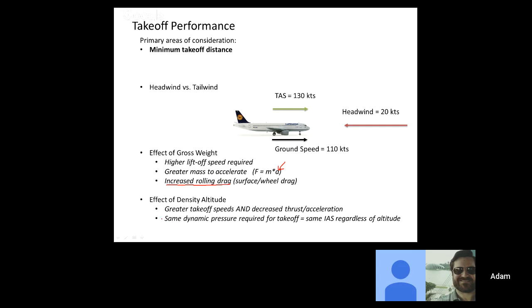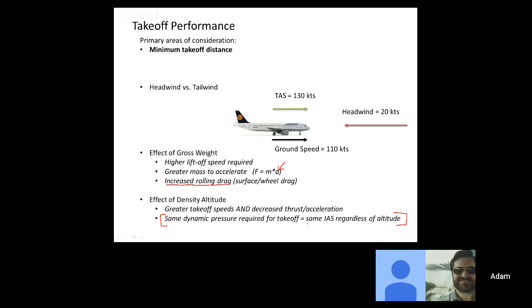Now, I want to spend just 2 seconds talking about this right here. This is a very important point down here. The FAA handbooks spend probably 2 or 3 paragraphs discussing this point. I want to touch on it because it does come up in the written test. I feel like I didn't understand this that well when I first took my flight training. What the book's going to tell you, and what you'll find when you start your flight training, is that